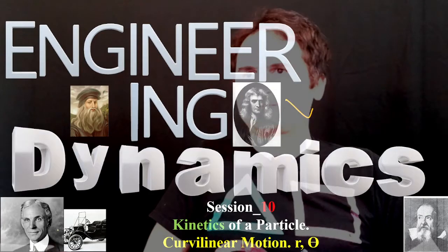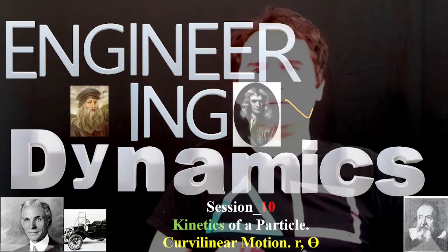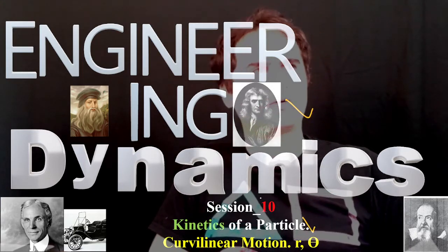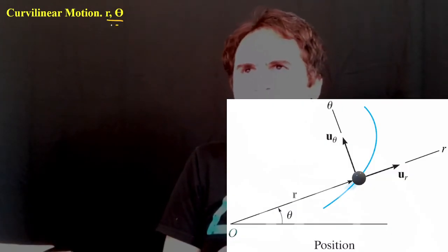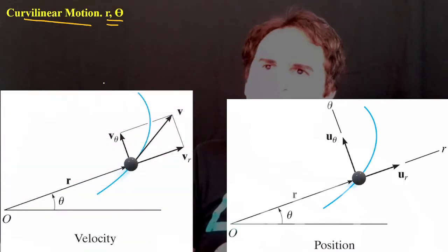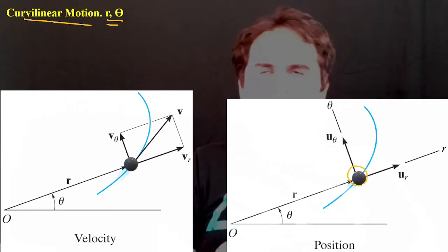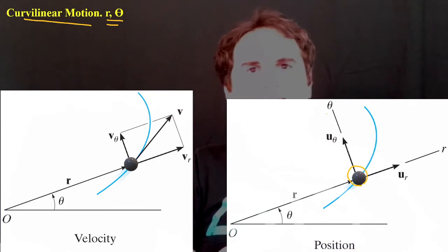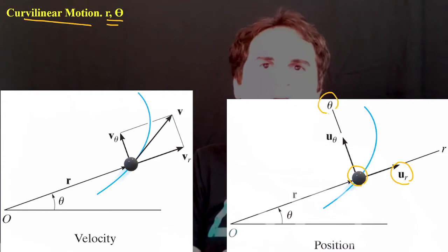Engineering dynamics, kinetics of a particle, curvilinear motion, this time in r and theta coordinates, or polar coordinates. So this time we have a particle like a ball moving through a curved line, and we want to see the components of velocity and acceleration in the direction of motion, like the radius, and also the angle of rotation,